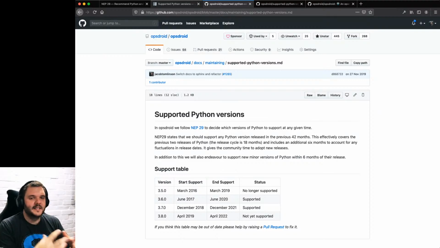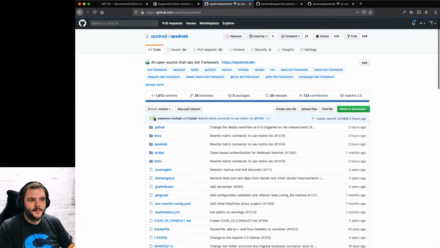Whereas if somebody's job isn't writing code, if it's just using an application, I'll get to this in a bit, right? I installed Glances before so that I could just have a look at what one of my servers was doing. I don't care what version of Python Glances is written in. The Glances developers are the only ones that really care about that. And if they want to pin to an older version, great, as long as they're pulling in security fixes and things. They don't necessarily care about language changes, and I don't care about language changes because I'm just using an application. Whereas with Opsdroid, because it's a library to be used by people who write code,